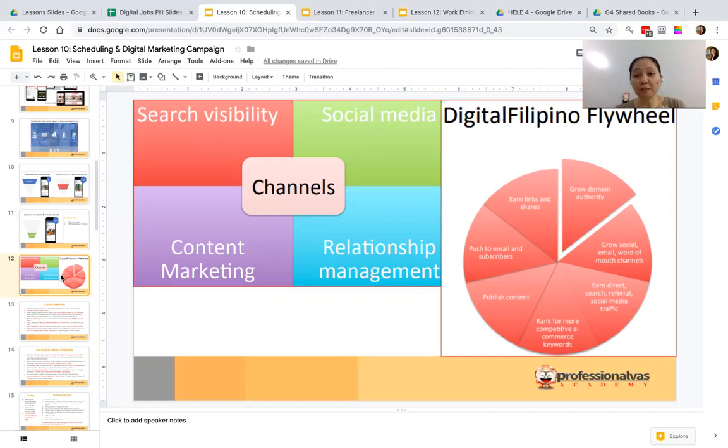First is search visibility, social media, content marketing, and relationship management. These are the 4 channels that people need to understand before they create any campaign. For example, what keyword would you want people to type so that you can be seen? For example, you're selling shoes. Would you want them to type ladies' shoes? Are you selling ladies' shoes? Or would you want them to type stilettos? Would you like them to type,